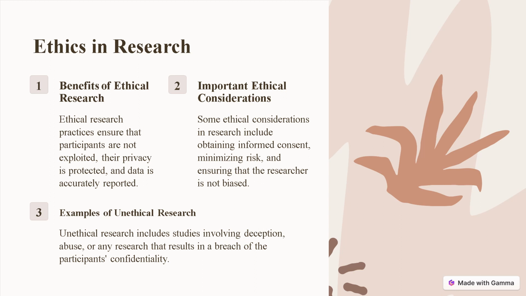An important ethical consideration when it comes to research includes obtaining informed consent. That means if you are taking information, as you have seen in research papers, we give references from where we have picked those particular sentences, phrases, or paragraphs. It also includes minimizing the risk and ensuring that the researcher is not biased. It is based on thorough research, and a lot of literature review is done before that. Examples of unethical research include studies involving deception, abuse, or any research that results in the breach of